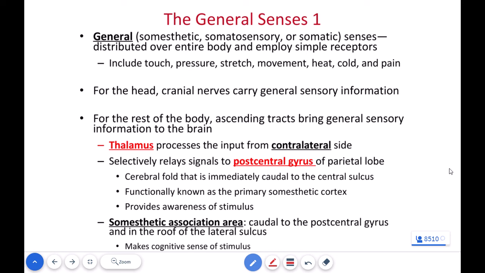Now, as those general senses enter the central nervous system from the spinal nerve, they'll enter the spinal cord. From the spinal cord, general sensation is going to be sent to the thalamus. And when we look at the thalamus as it's processing that information, it's going to process information from the contralateral side. This is a term that we talked about when we talked about the spinal cord